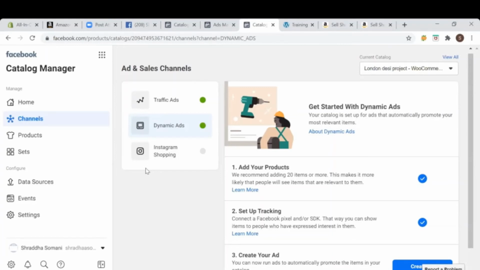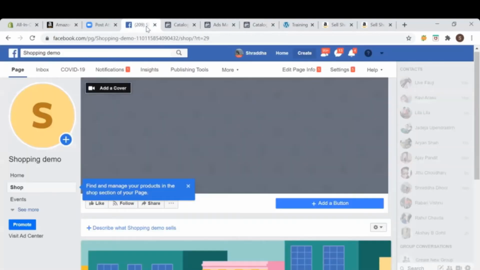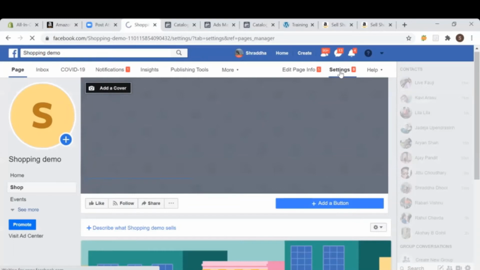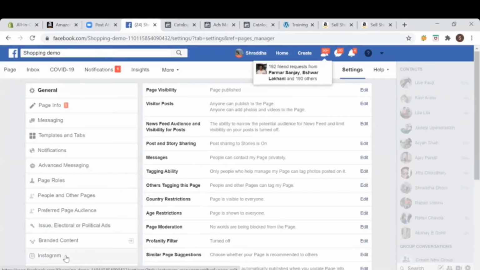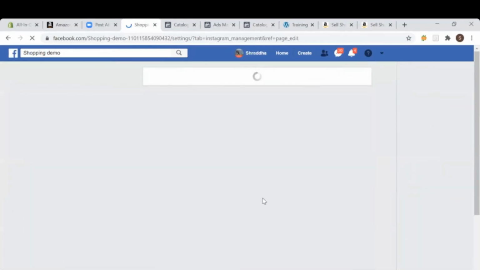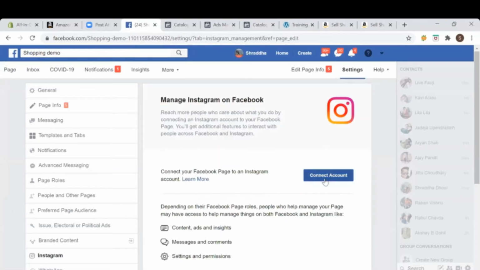Whenever you create an account, it will ask whether you want a personal account or a business account on Instagram. Select business account, and in category, select shopping. Next, how will you connect? You will go to the settings option over here, which is the page settings. There you can see Instagram; go to Instagram and select connect account. Log in with your Instagram account, and it is connected. Only when your Instagram account is connected can you create shopping ads for Instagram.